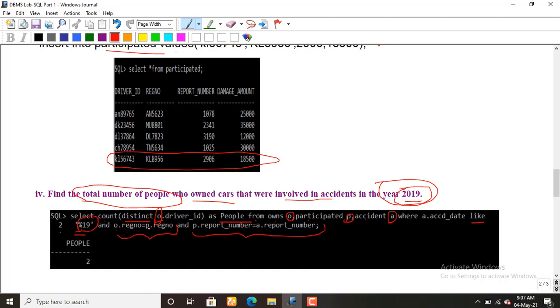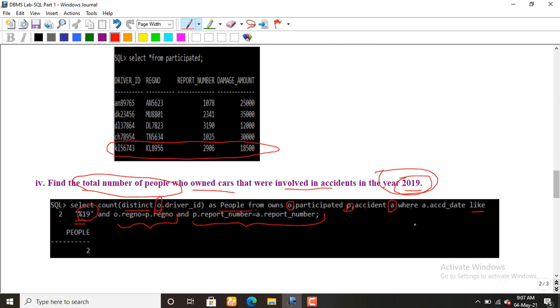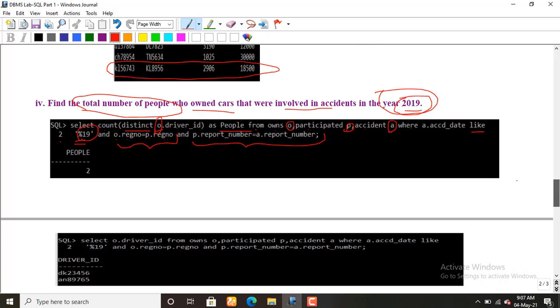O dot registration number equal P dot registration number, and P dot report number equal A dot report number, because the registration number and report number attributes are added in the wounds table as well as in the accident table, right? To avoid such duplicates you should add these kinds of conditions if you are using Cartesian product, okay. So this is the answer: the distinct count, 2, okay.